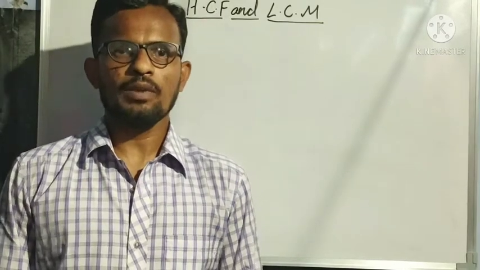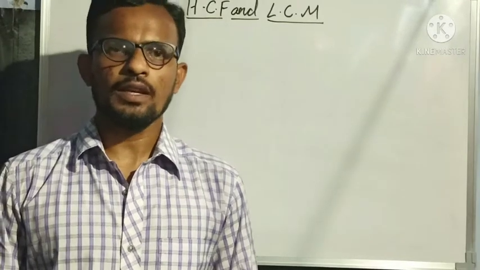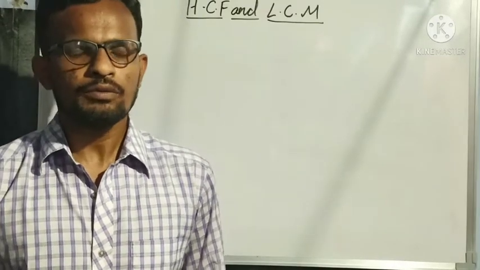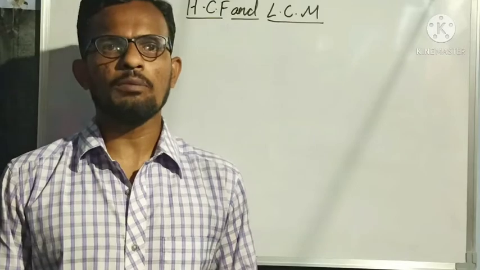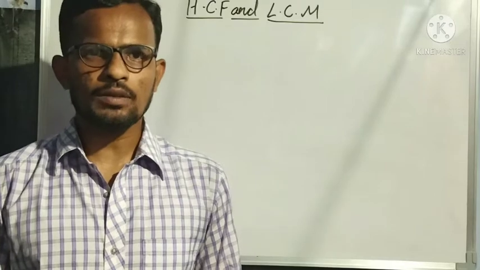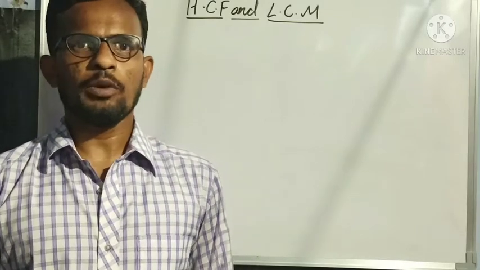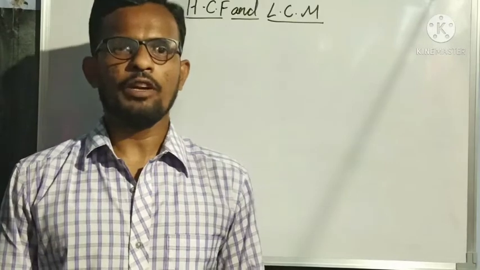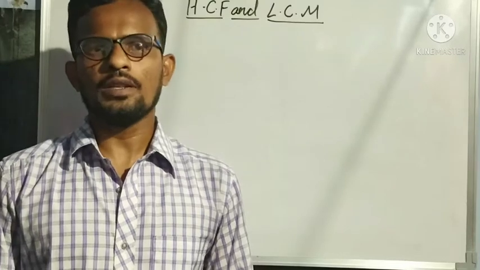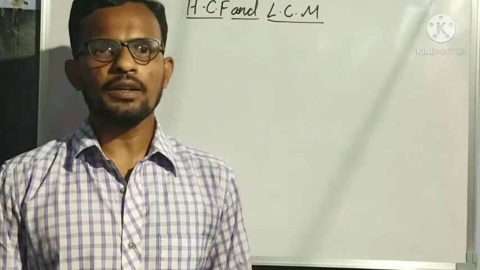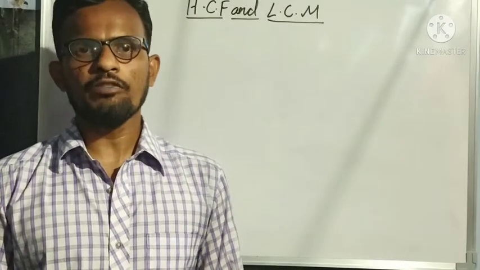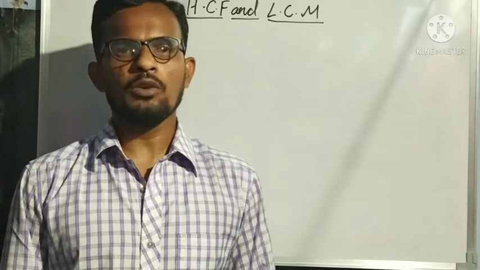And we are on our topic HCF and LCM in the basic level of mathematics. In basic level of mathematics I have started a new chapter, that is HCF and LCM. Before finding the HCF and LCM, I said that we need to know some important concepts: first divisibility rules, afterwards finding prime numbers and composite numbers. Those are very important while finding HCF and LCM. I have already explained how to find HCF and LCM in the general method, but it is not always possible to use the general method, and there are certain methods of finding HCF and LCM. So first let us find HCF by using those methods.